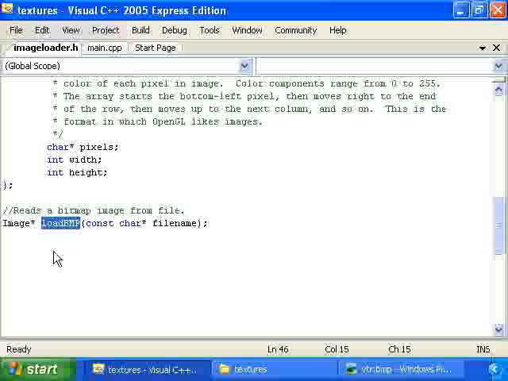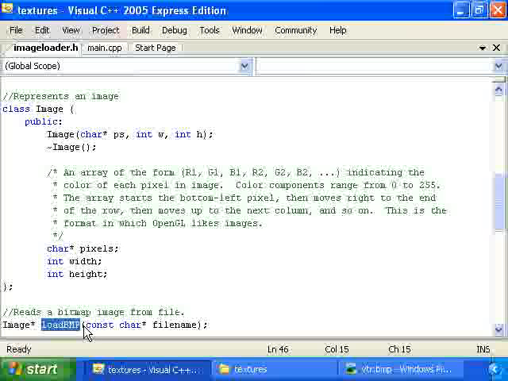We could have used a different file format other than BMP. The downside to bitmaps is that they're pretty big. Another alternative might have been JPEG or PNG. But we're using bitmaps because they're relatively easy to load in. In fact, the code for loading in the bitmap isn't all too complicated if you look at it. I just learned about the bitmap file format from Wikipedia and wrote code to load it in. Now, it loads in a bitmap